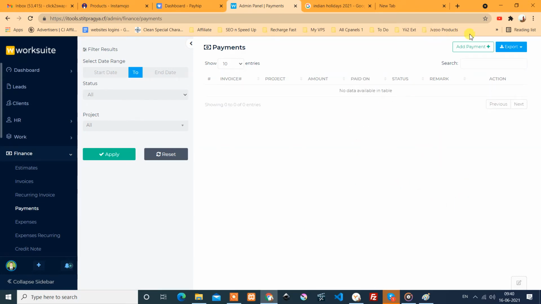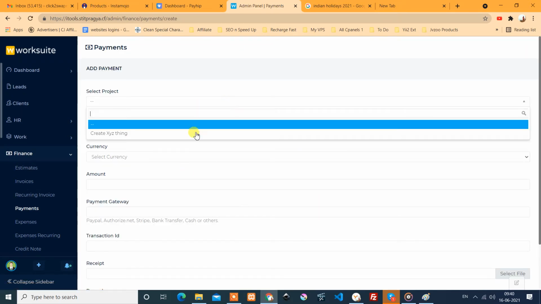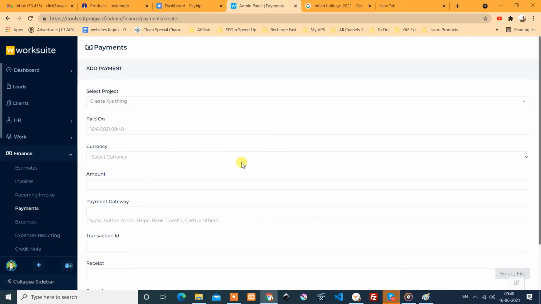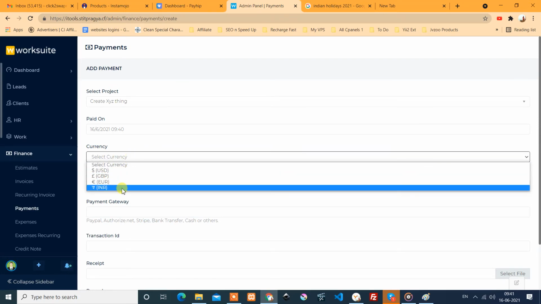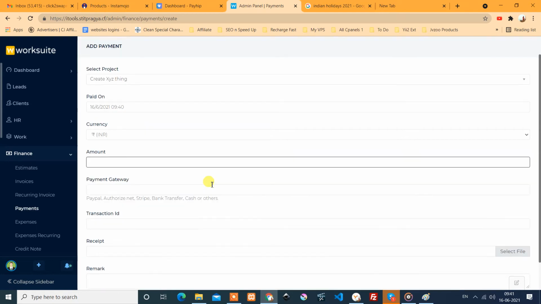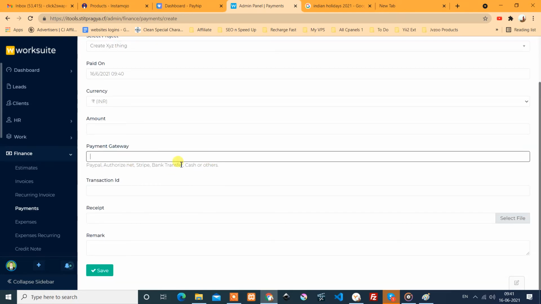Here the payment records are there, and in the payment records we have to select the project, and we can manually fill the record. If that payment was made by the client automatically through the payment gateways inside the system, then it will be shown directly there. Or if some manual payment is given, you can add the payment information, how much payment has been given, through which payment gateway, or cash. Okay, let's say in hand given.